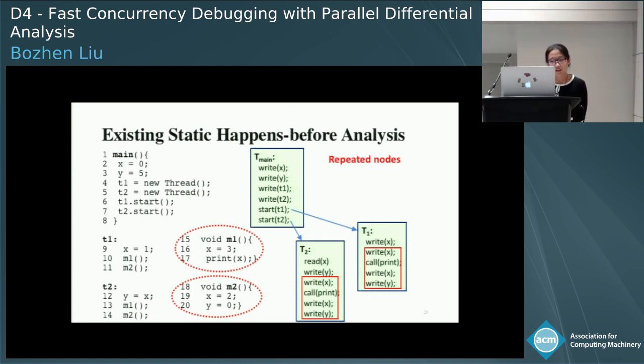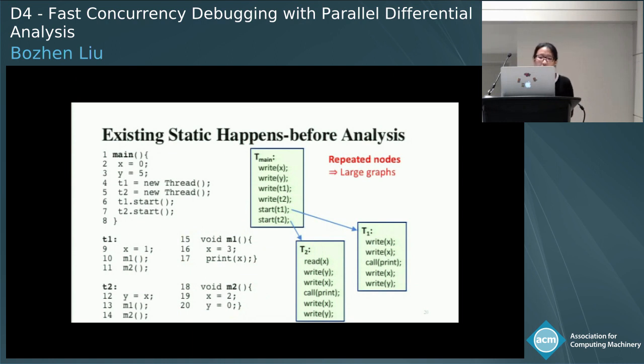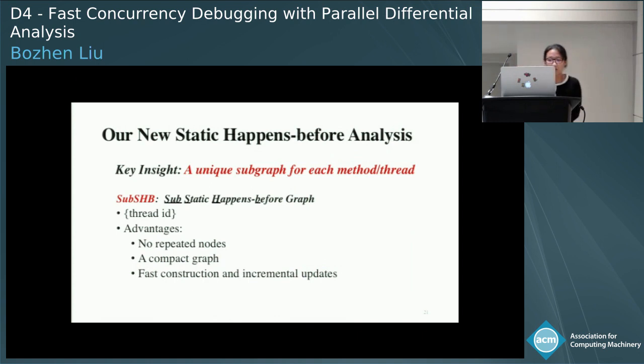Imagine we have a really large program, the graph can be really large. For a statement deletion, we need to localize all the corresponding nodes in the graph and remove them. This makes the incremental update expensive. So to make it cheaper, we introduced the concept of sub-SHB graph. This is a unique graph for each thread and method, and it has a thread ID field to record the thread that invoked this method. With this representation, we have no repetitive nodes in the graph, and we have a compact graph with fast